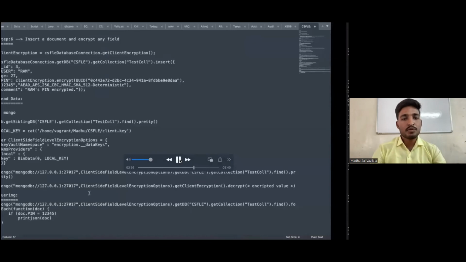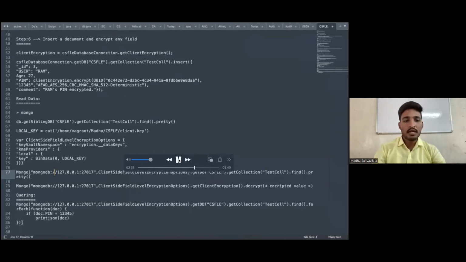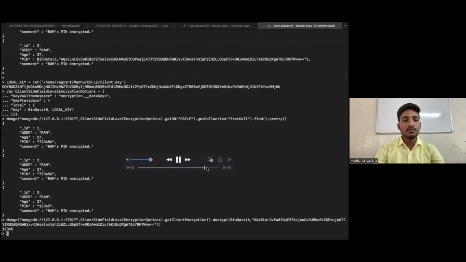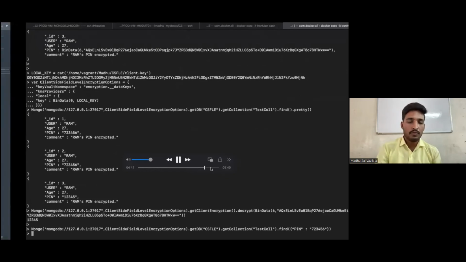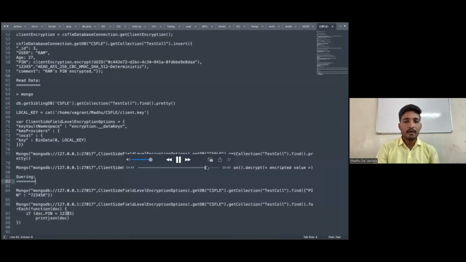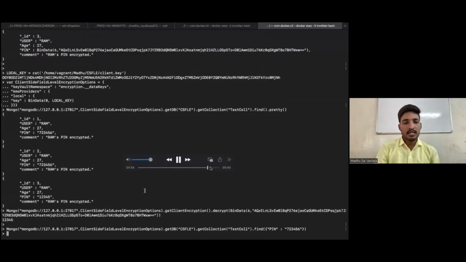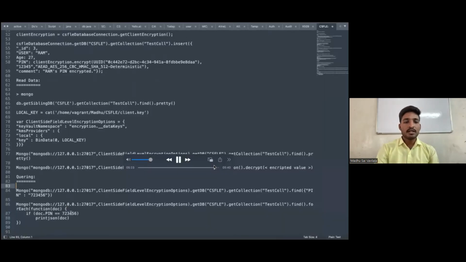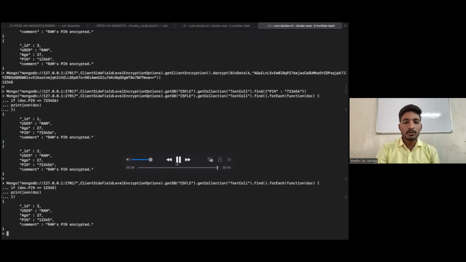The same steps need to be followed except creation of the data encryption key. Querying on encrypted fields in the database is not possible with client-side field level encryption. For such cases, we need to add an if-else condition in the extension of the query. Then only you are able to see the data.